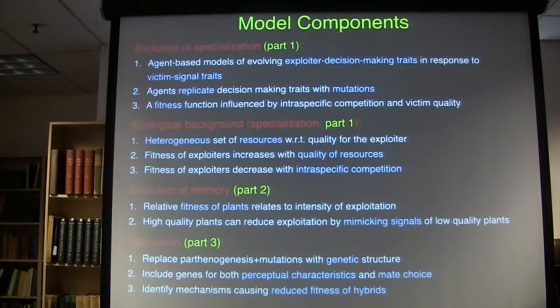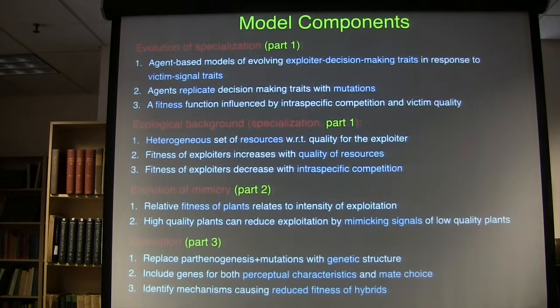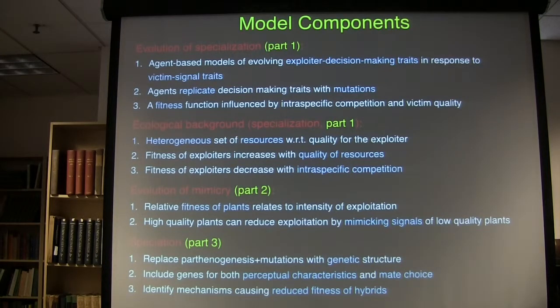And so finally, after we analyzed all this, we said, can we identify some interesting mechanisms that are causing the reduced fitness of hybrids? Because the reduced fitness of hybrids is what keeps these two populations apart if they're incipient sympatric speciation.